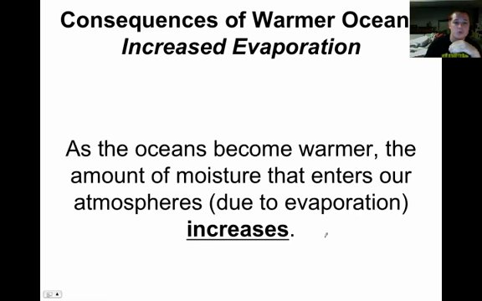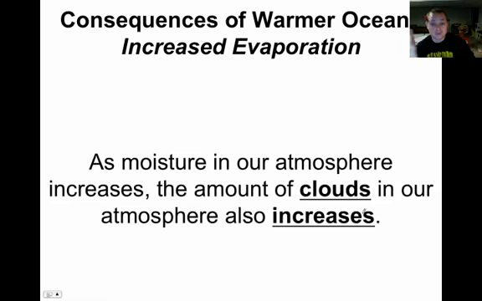So when the oceans become warmer, the amount of moisture that enters into our atmosphere increases. It goes up, which, again, the girls pull it back, put it in a ponytail, spray it down so it doesn't just wig out on you, right? So there's one problem with the oceans. It increases evaporation. When you put more moisture into our atmosphere, we put more